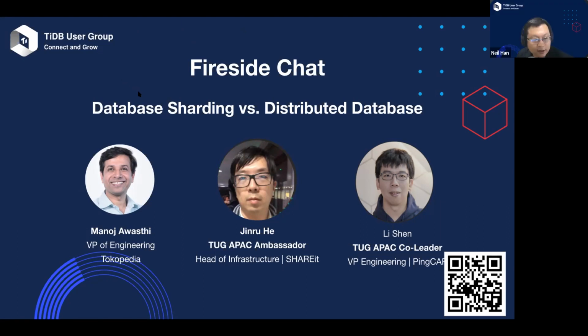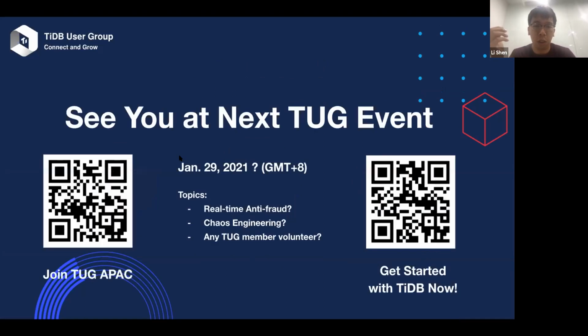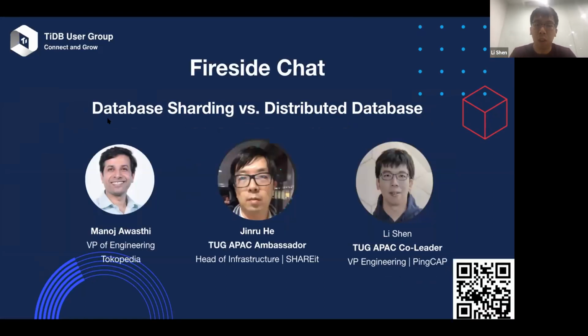Nice. How about Lishan? Any recommendation, advice to the fresh graduates? My recommendation is simple. For a fresh engineer, I think the most important thing is to align your own career path with a technical trend. For example, these days public cloud is very popular, and a database should run well on public cloud. That's why we call TiDB a cloud native database. So I think public cloud is a trend.